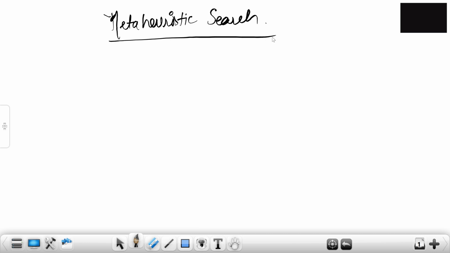So what do you understand by the term meta-heuristic search? These are some kind of searching techniques, not sorting, sorry, searching techniques, which are heuristic in function. Now, why are they meta-heuristic? Because it's very extensive. It is used for larger scale problems, or when a lot of data is involved, a lot of steps and iterations. That is when we term it meta-heuristic.